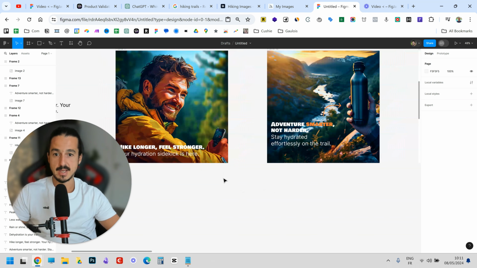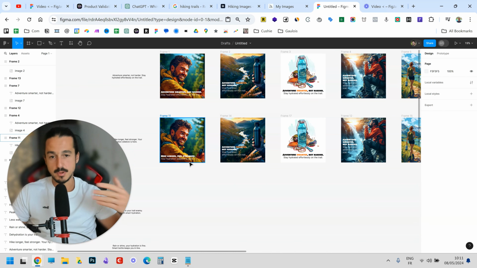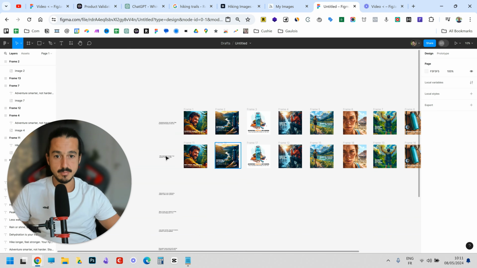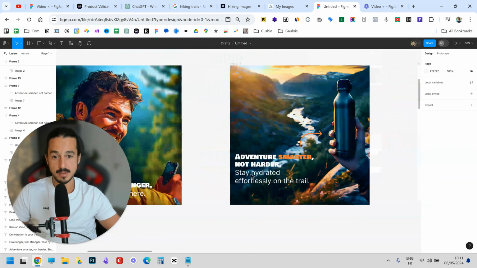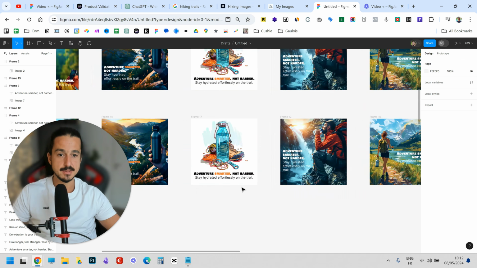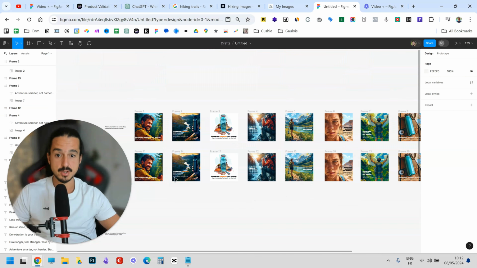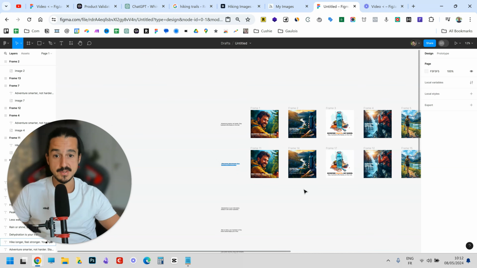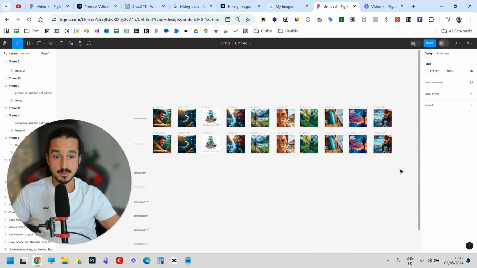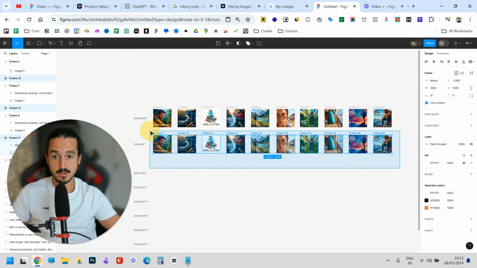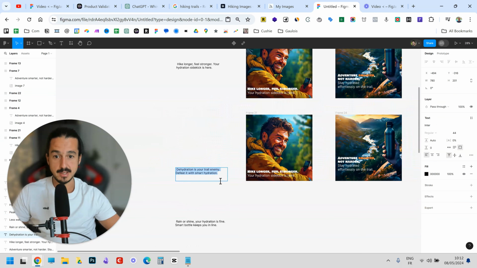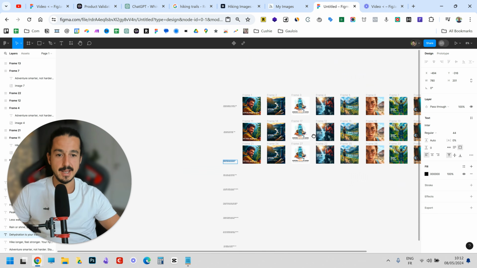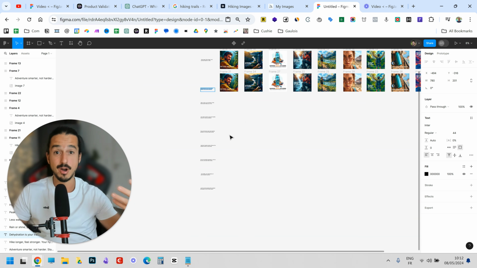Okay, that's not bad. And now the principle is to do it for each of them. So just copy and paste the new hook, arrange it, make the arrow, color or not color, and so on and so forth. So you have a new variation of every single picture with this new hook. Then once you are done, you just grab them all and again copy. And then you do it again for the new hook, and so on until you have 100